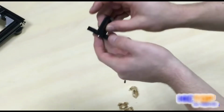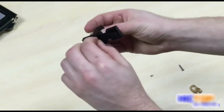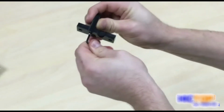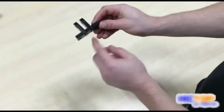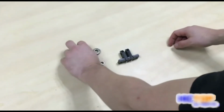Slowly, carefully fasten and tighten your screw. Finish with the hex key until securely tightened. After we have screwed these screws in tightly and fastened both of these pieces to our mount, our bracket,